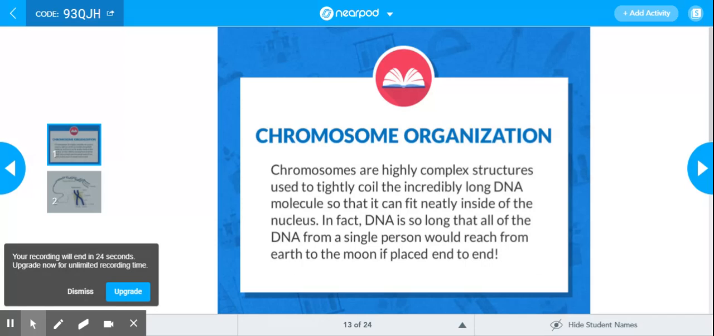Good, good. So a lot of people probably didn't know that. So chromosomes are tightly coiled complex structures, used to fit these DNA molecules in there. All right. In fact, DNA is so long that all of your DNA from a single person would reach from Earth to the moon if placed end to end, and that is a